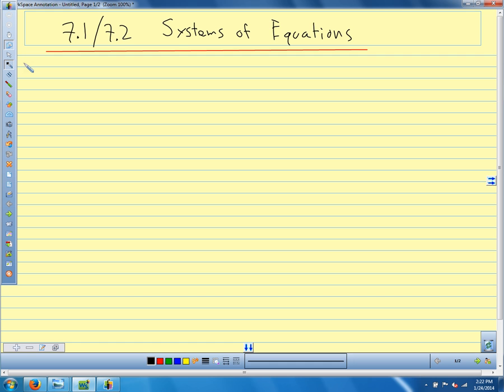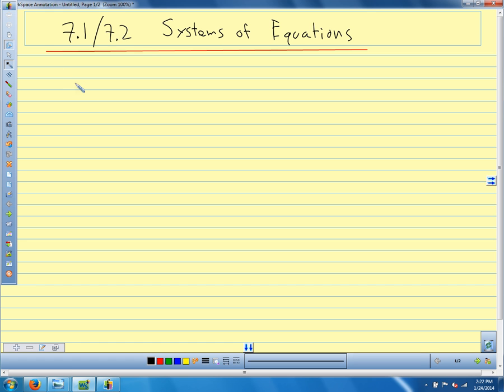These first few lessons, things that we've seen before. I know you've done systems of equations basically since you've learned algebra. So today is going to be just kind of a really quick hitting the high points of systems of equations. So today we're only going to talk about systems of two equations, but I just wanted to talk about a